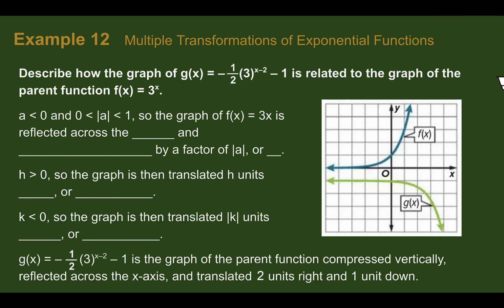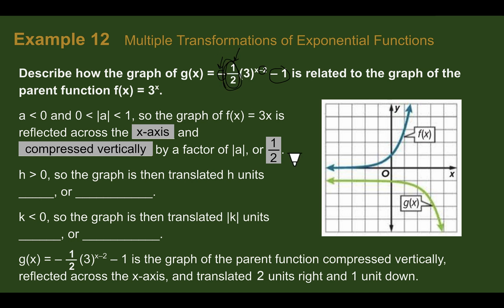Example 12, multiple transformations of exponential functions. Describe how the graph of g of x is related to the graph of f of x. So here we have a bunch of things happening. We have a negative, we have a dilation, we have a translation, and another translation. So first, we can see that it's reflected across the x-axis because there's a negative out front, and it's going to be compressed vertically based on this 1/2 here. Since it's out front, it's a vertical dilation, and because it's between 0 and 1, it's going to be compressed,